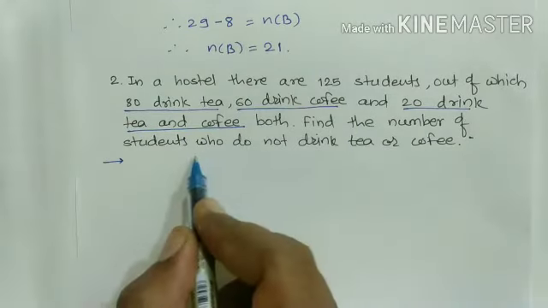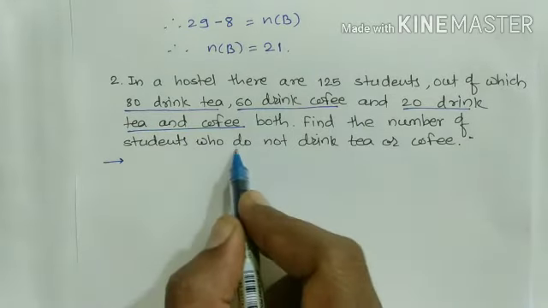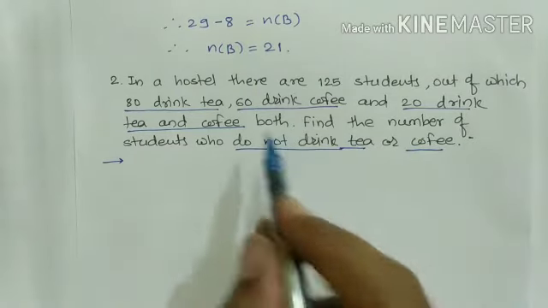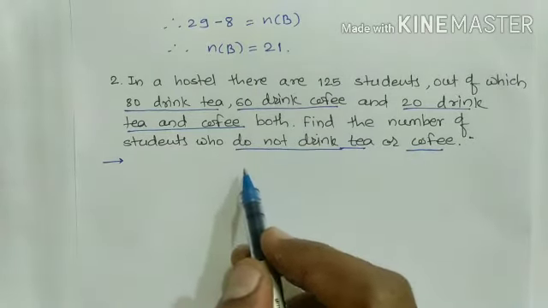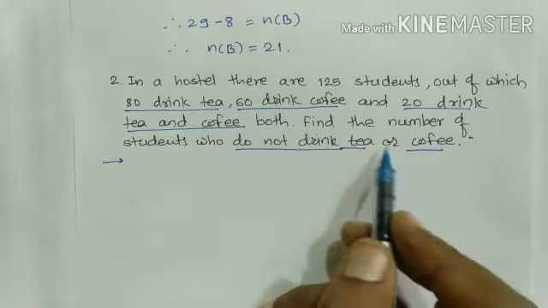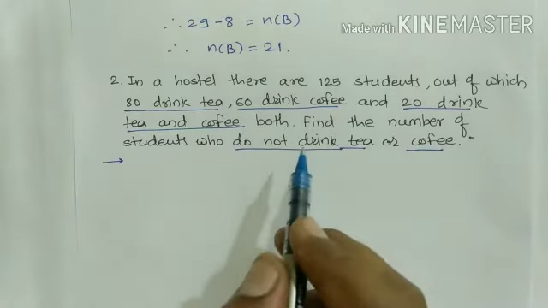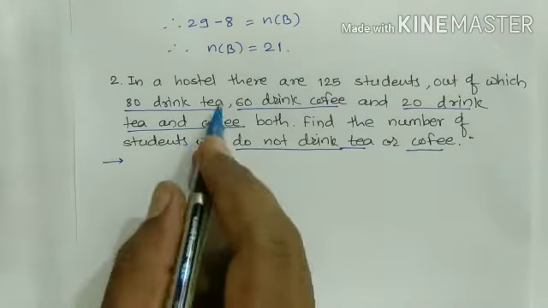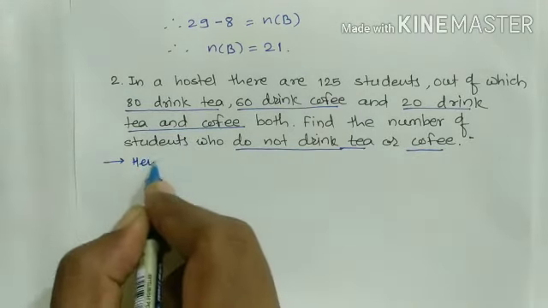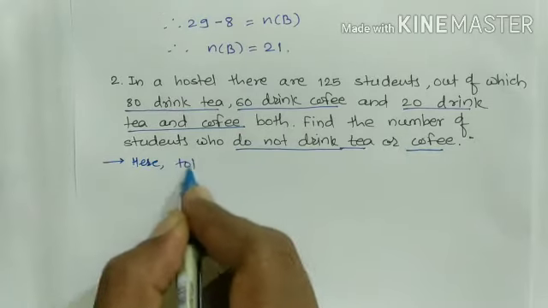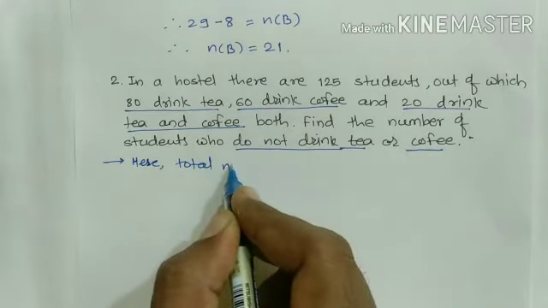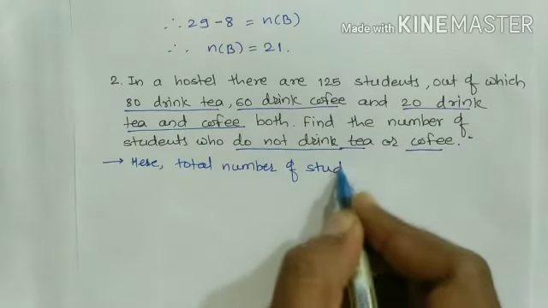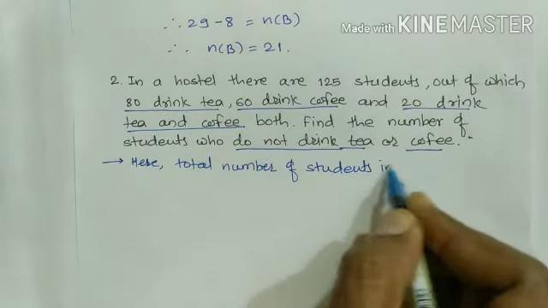Find the number of students who do not drink tea or coffee. इथं आपल्याला अशी विद्यार्थी संख्या फाइंड करायची आहे की जे चहा किंवा कॉफी या दोन्हीपैकी एकही पेय पित नाहीत. Here the total number of students in the hostel,